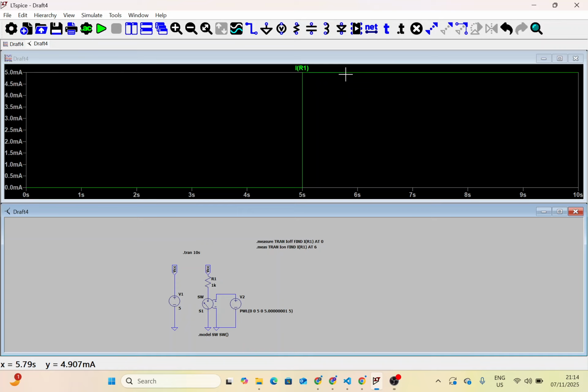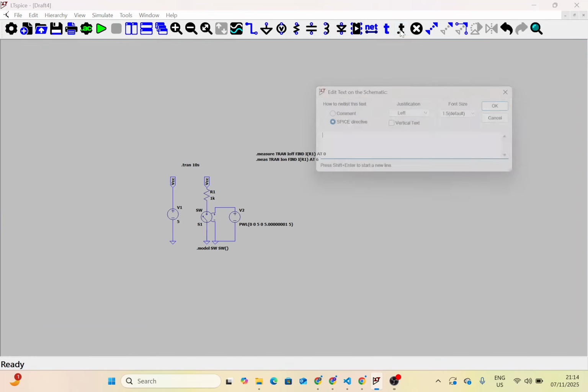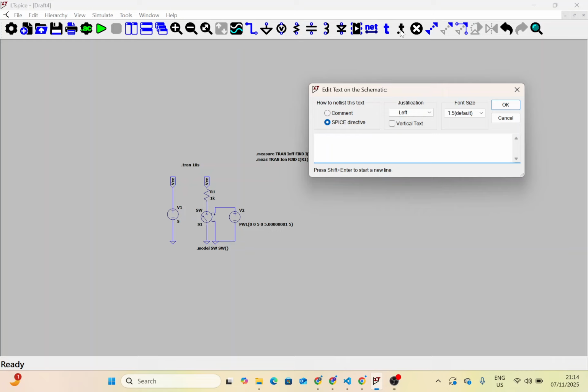So what if I am interested in knowing the power that is flowing through the resistor when the switch is on? Okay, so let me close this so we have more screen real estate, and I'm going to click here, and what I'm going to say is I want to measure. So this time around I'm doing the full measure, and I am interested in, let's say, power through the resistor. Okay, so like I said, it's up to you to choose descriptive names, and I'm interested in power, and you know that power is equal to voltage